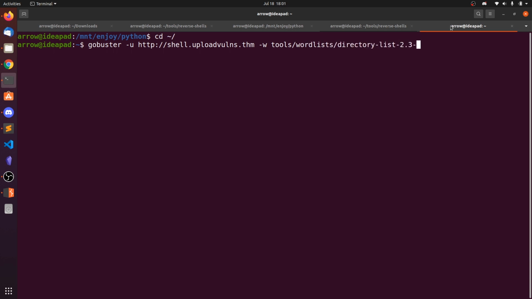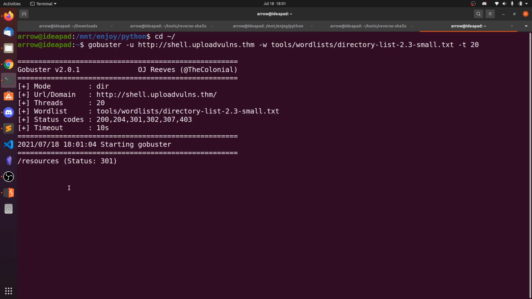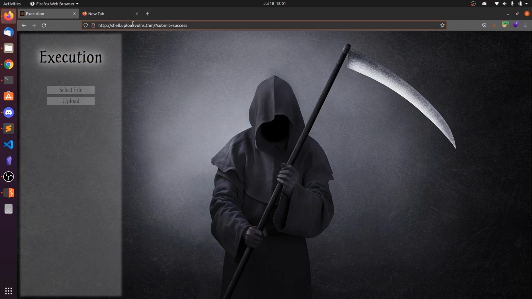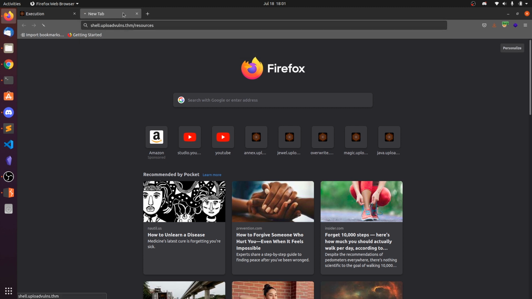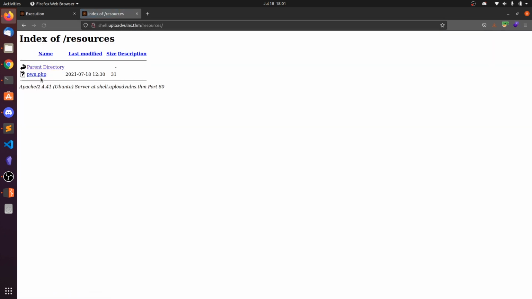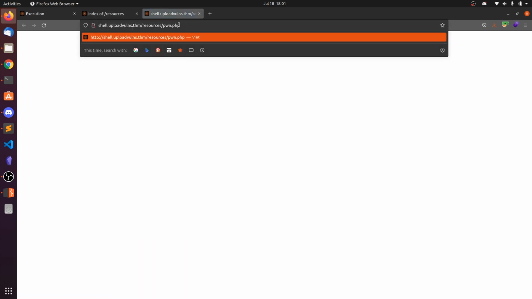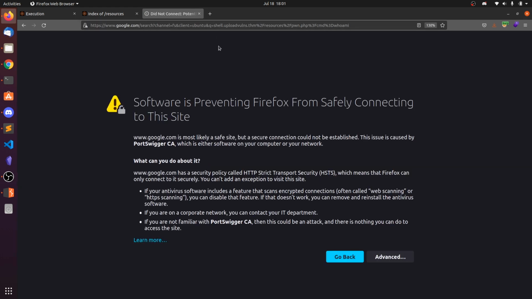I'm using the directory list 2.3 small and threads 20. Let's check the resources, and also we have the assets, right? Let's go to resources and pond.php. There is our file, and you can put cmd equals whoami.